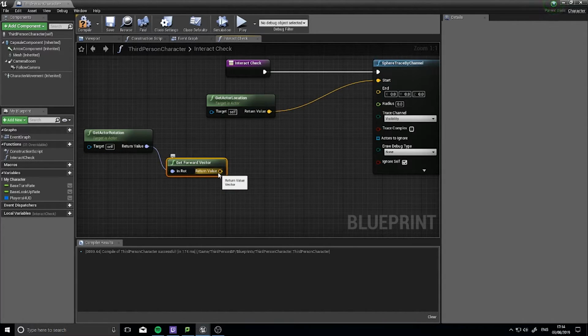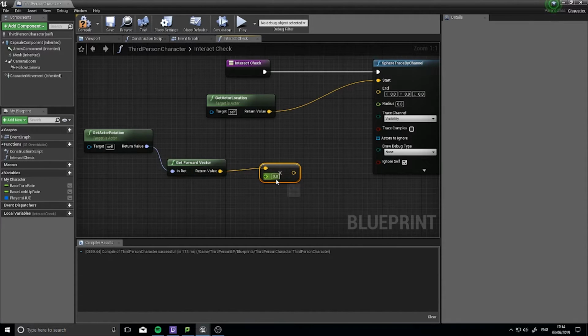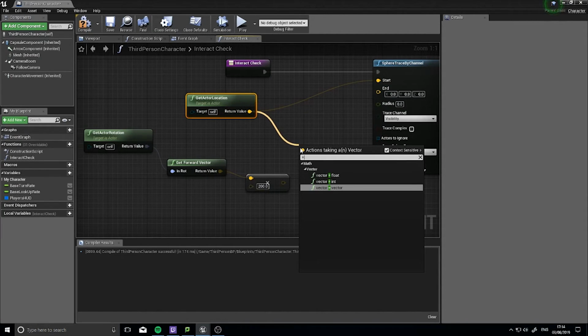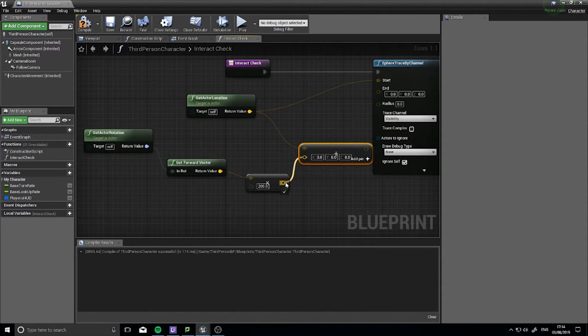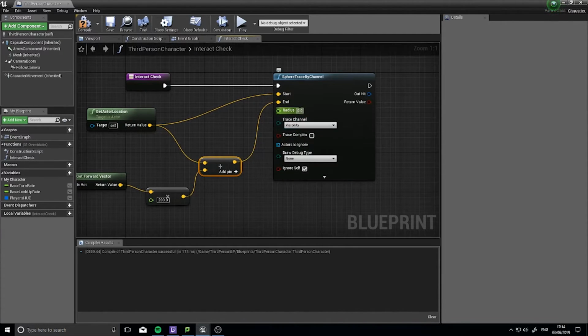Okay, and then from there we can multiply this vector by a float, and this is the length of how long we want to check for. So this will be the range of the check. So here I'm going to put in like 200. and I want to add that onto my actor location to get our end. Radius, I'm going to change that to 25,